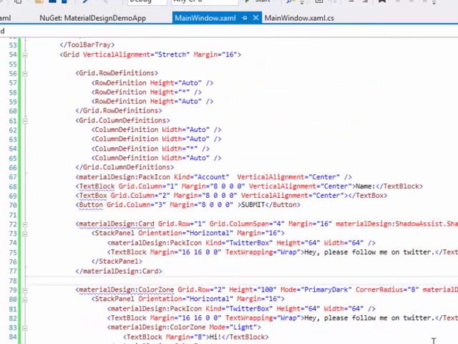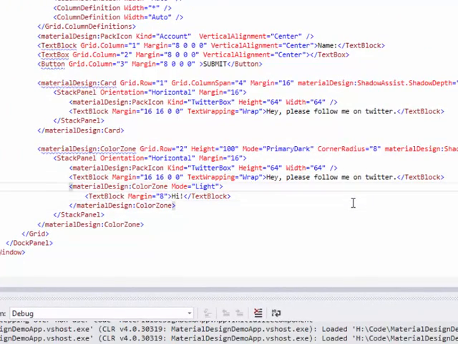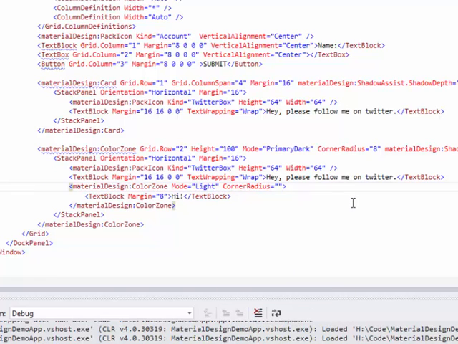You may have noticed from that, we build a search bar. Let's go ahead and do that. Let's build that search bar. Let's give this a corner radius, just to prove how easy it is. Corner radius of 2. Shadow assist, shadow depth. Let's give it a little shadow, and then let's do